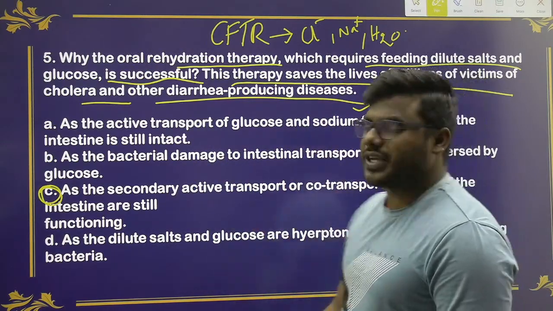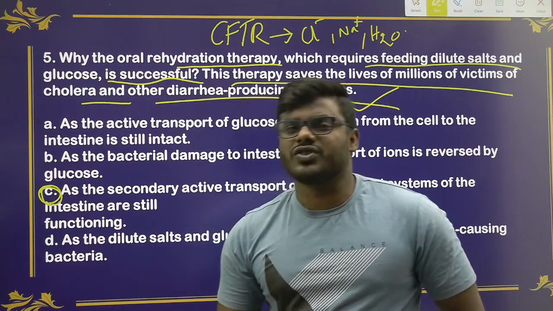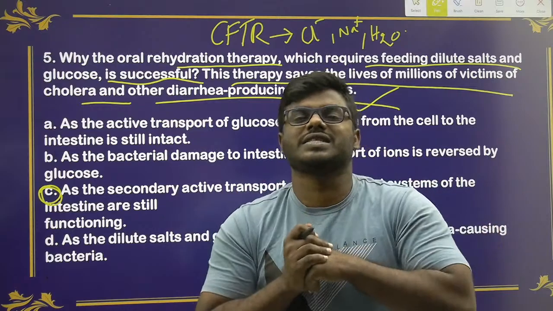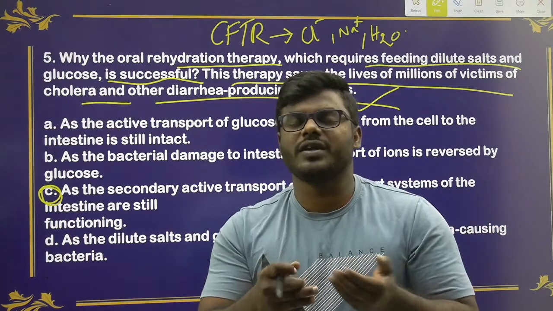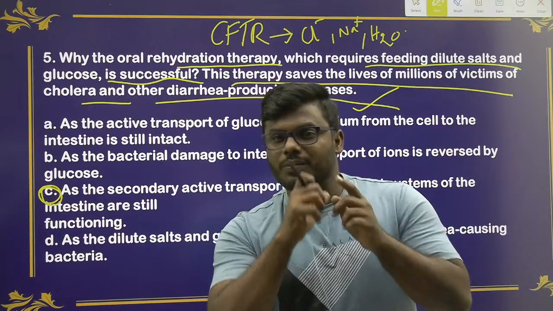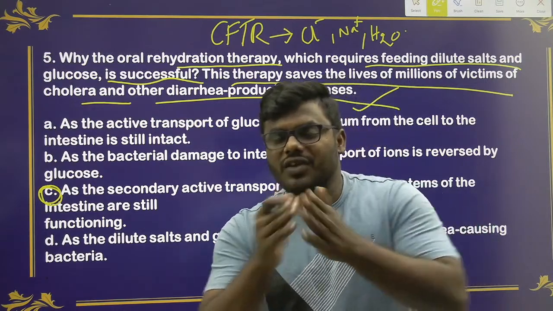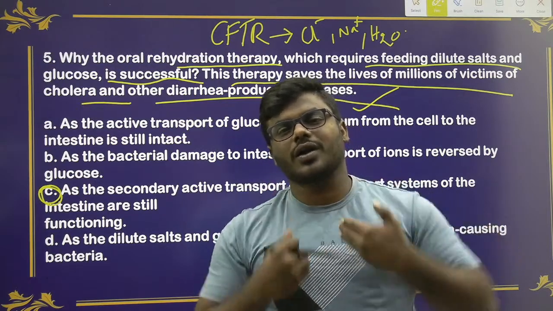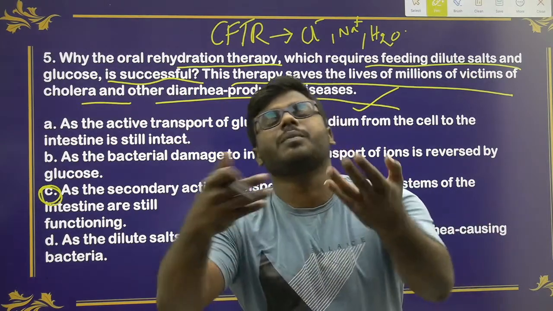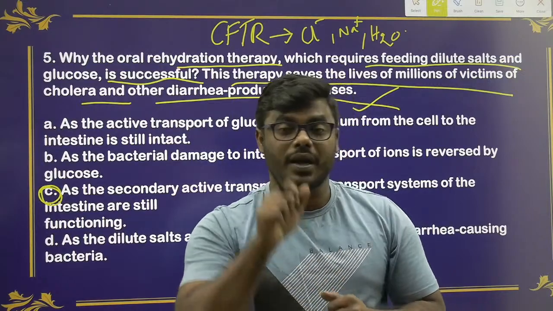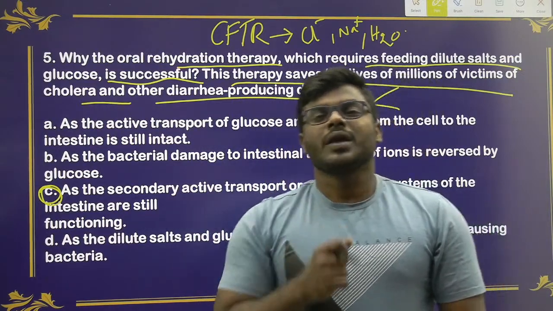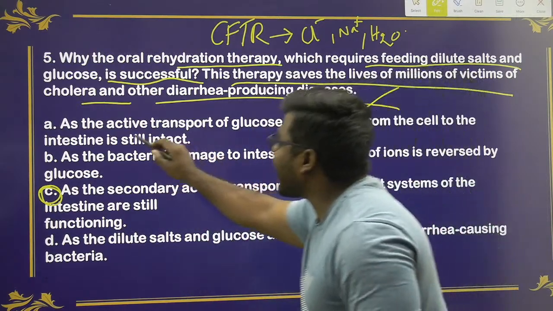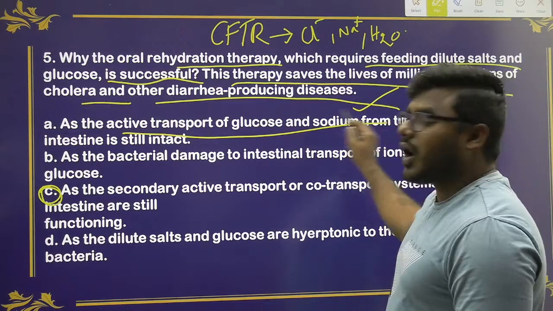Now look into the question. You can ask me a question: sir, the CFTR channels are already completely open, so how can we send the electrolytes inside? They will just go out. If I give electrolytes to a cholera patient, the channels are already open, and whatever electrolytes we have supplied may also go out. That is a true statement. But what is happening is that Vibrio cholerae only affects